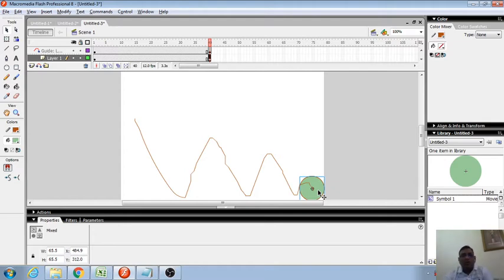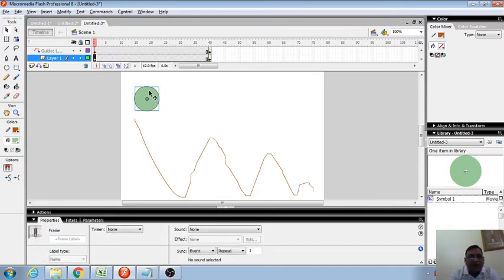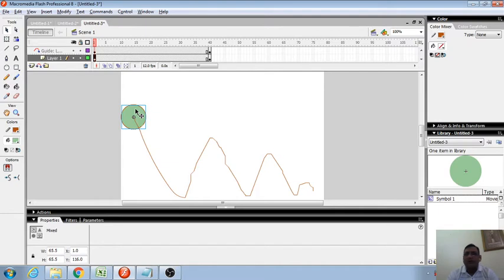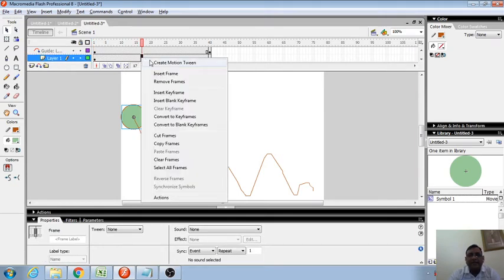When our frame is at the first place, at the start, I want this ball in this place. Okay, got it?